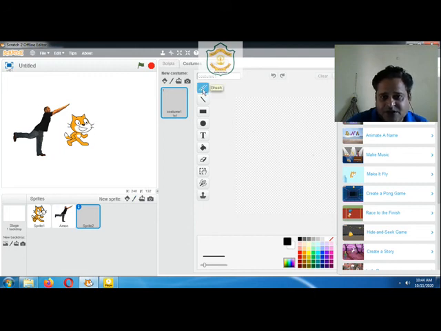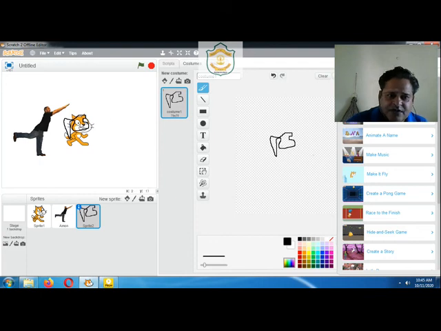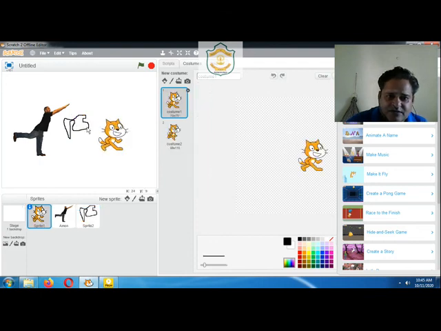If you want a brush, or to make lines, shapes or text, whatever kind of sprite you want to design, you can design it from here. Let's see an example using the brush. I have drawn just a shape. Now you can notice here we got our sprite in the center.